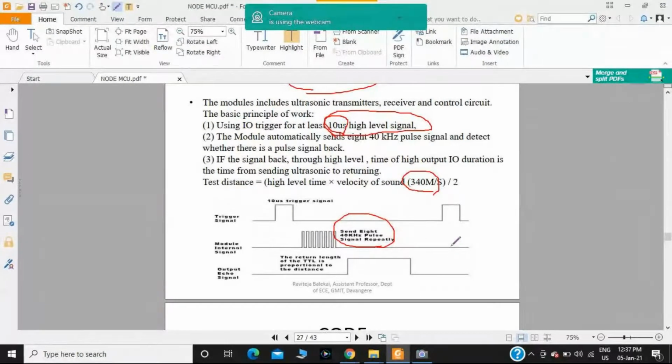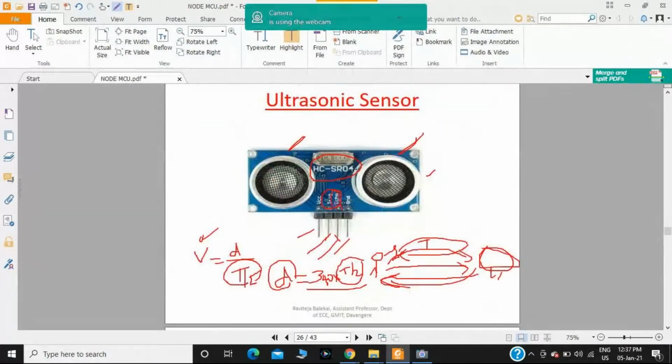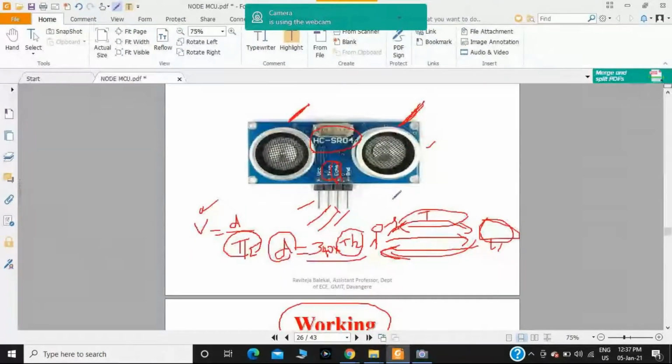When it reflects back from the object, it sends a signal, which we call the echo signal. Like that, you have the transmitter part and the receiver part. In the transmitter part, we send a sound wave; in the receiver part, we receive the echo signal. With the help of that signal, we measure the time taken by the sound wave moving from the sensor to the object and reflecting back from the object to the sensor.